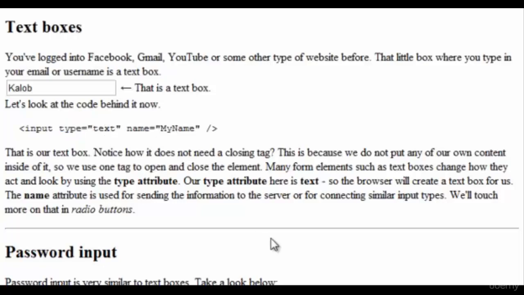We're going to cover the password input next. To change this to a password field so it doesn't show any of the text, you just change the type to password. And the reason that we want to name everything is because once we get into the PHP side of things and you already have the habit formed of naming everything, it will be that much easier for you to manage and handle the information that the user is sending to you through a form.